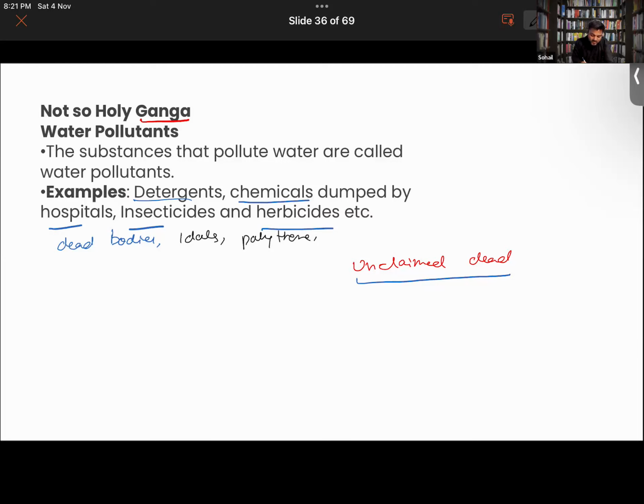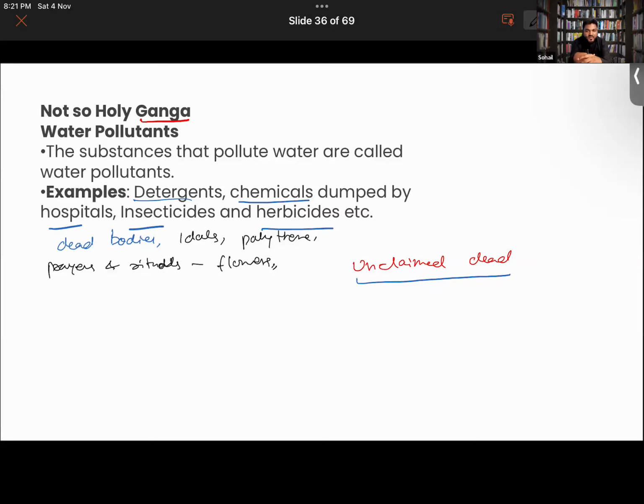Then in the prayers and rituals, flowers are also thrown into the river water. All this adds up to the bulk amount of waste that is being dumped into the water, right? Also, if you see farmers, they take their cattle, their buffaloes, into the river in order to